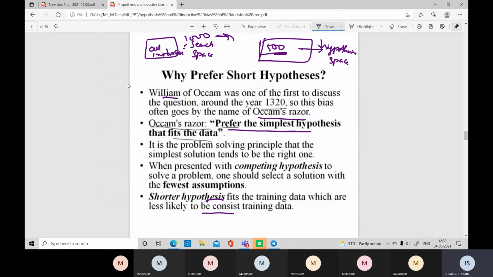Search space means all instances in total. It is just like pointing out the instances on a graph. You are not generating any conclusions in search space. You are just showing how many inputs are there in the particular training data.